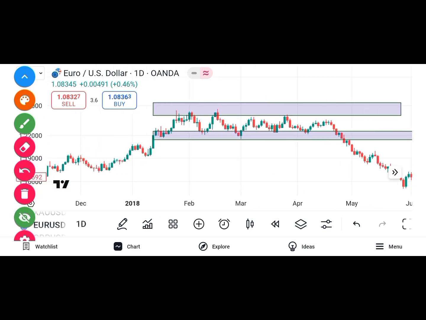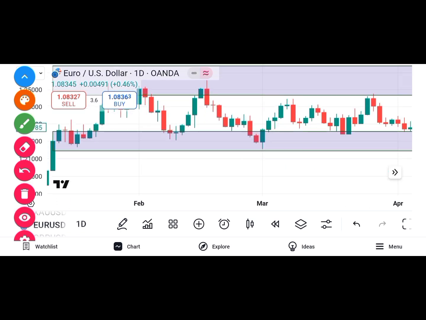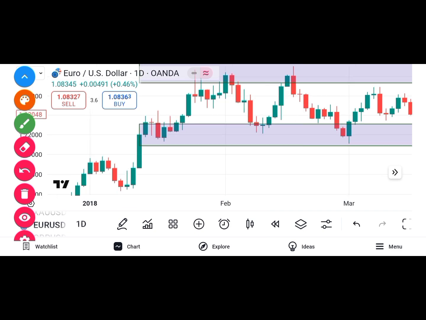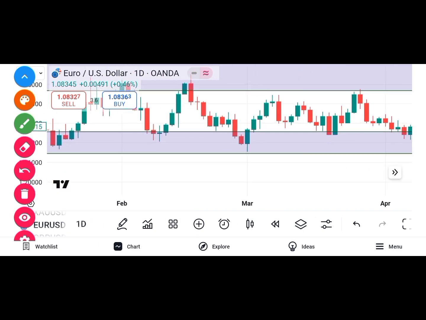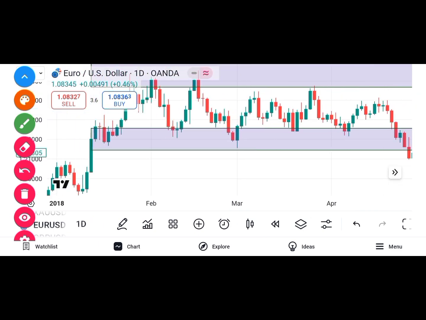We know that this was supposed to be a support and resistance, which was broken down. This is support and resistance, and when the market comes to your zone, either this zone or this zone, there are things to look out for before you start to take a trade there. That is confirmation. Do you understand me? If someone wanted to trade support and resistance, this is just an example. You must know support and resistance. There are many other things you can look out for. So if we're trading support and resistance now, and let's say this market came to this portion,